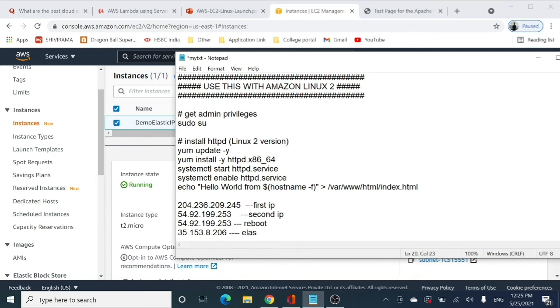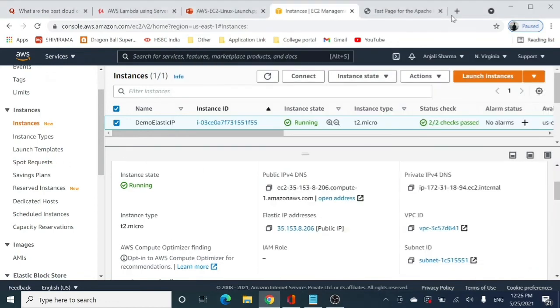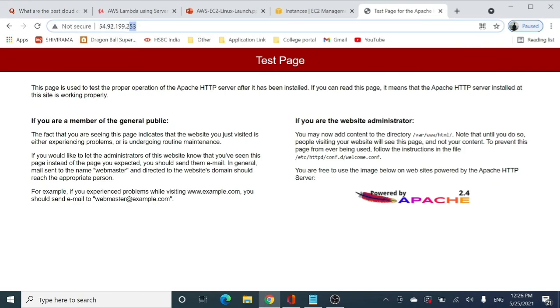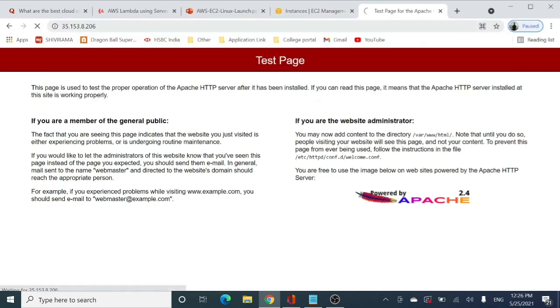Now if I go to the test page, paste my elastic IP over here and refresh it, you can see that the test page is still visible. So we can access our website or the data on our EC2 instances through this elastic IP.